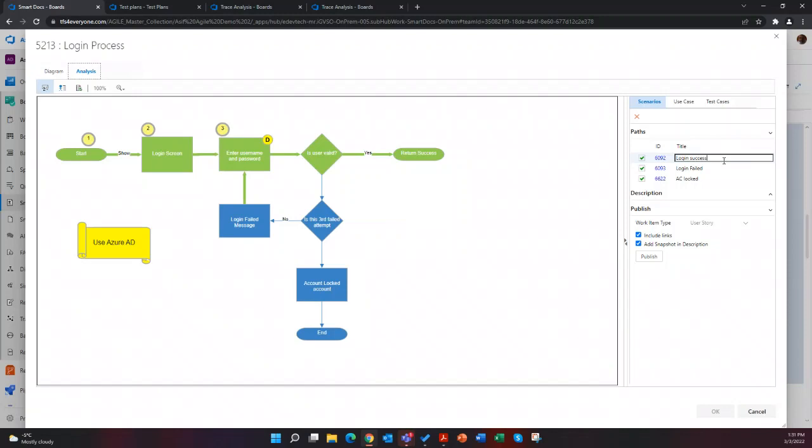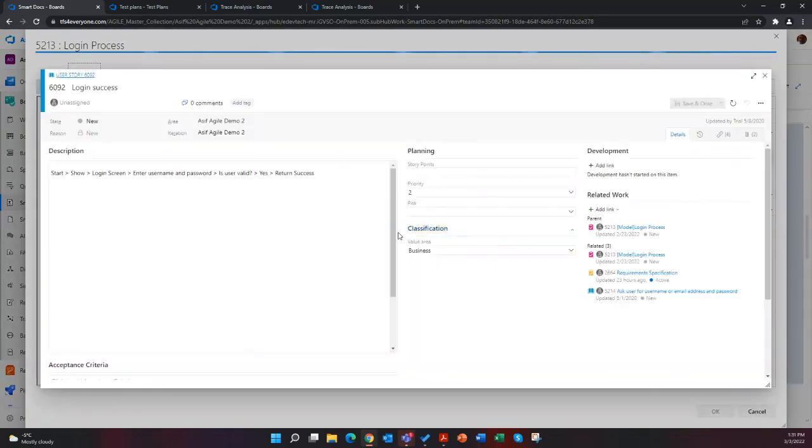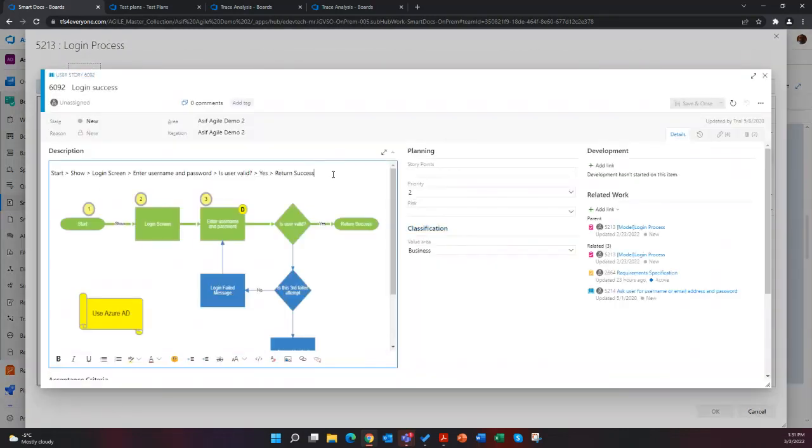All you have to do is click publish. For those of you who don't want to publish these scenarios individually, and by the way, the scenarios would look like this as work items. So you'll see the narrative in the highlighted flow, and then the image, and the requirements that are covered by the flow would be linked to it as well.